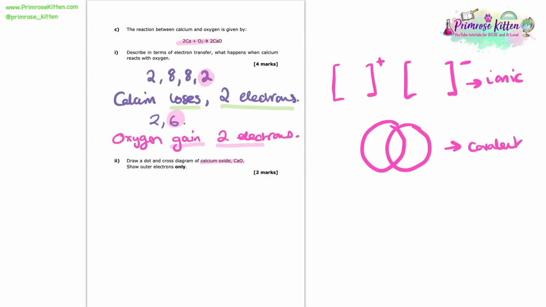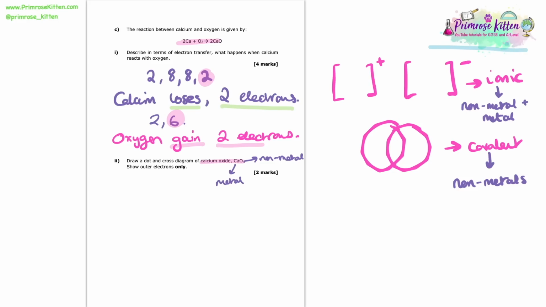To be able to identify whether what we have is an ionic or a covalent structure, you need to look at the elements that are composing it. Covalent structures are going to be made up of just nonmetals. It could be nonmetals bonded to other nonmetals, but you'll have exclusively nonmetals. Ionic substances, though, are composed of a nonmetal and a metal. If we look at calcium oxide, we know that calcium is a metal, but oxygen is a nonmetal. So you can see here that we are going to have to use the ionic dot and cross. And I think narrowing this down, and not knowing that we really need to think about this, is one of the number one ways in which we can make mistakes in these questions,